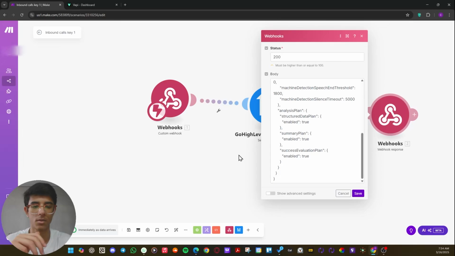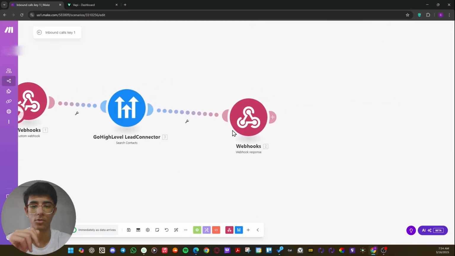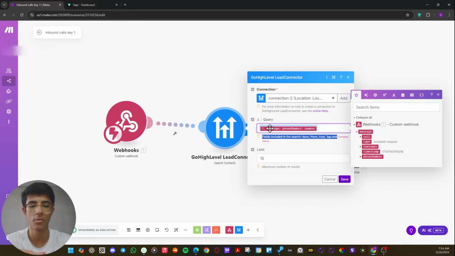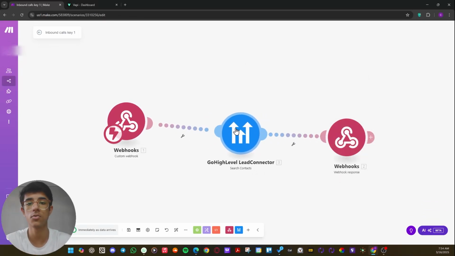So you can see that there are a couple of variables that you can map out. The next thing is to basically, as I told you, copy the phone number here. This is going to be the client's phone number, and this module is going to search for any information related to that client if they already have an account